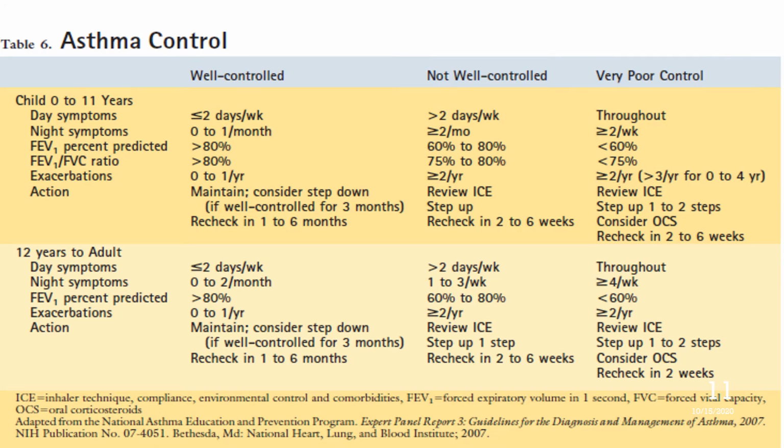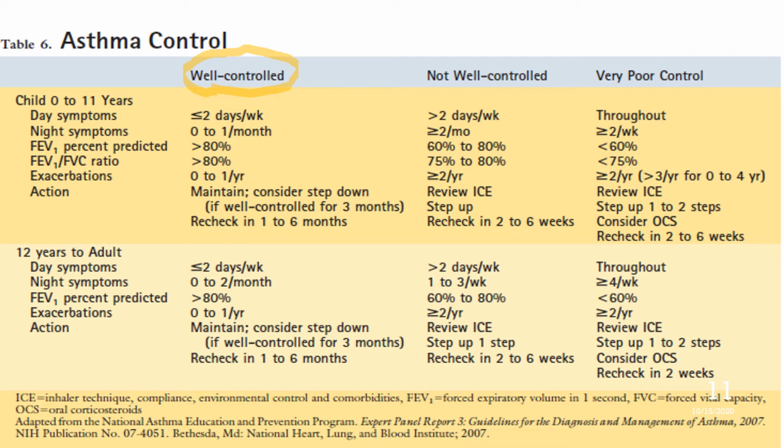Now, this is a very important slide. This is different than the last slides you saw. Now that you've been diagnosed with your severity score and you've been given medication, the question is, are you under control? So the ultimate goal is to be well controlled. In other words, the medications you take based upon your severity score, you are well controlled. How do I identify well controlled?